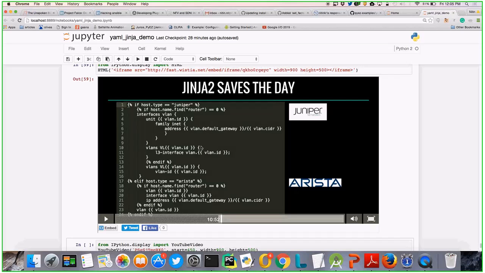So you can see here also he's using Jinja, Juniper configuration as well as Arista. And for that, he's having a condition. If host type is Juniper, then use this template. If it is Arista, then use that template. Apart from that, again, you have the same kind of thing. VLAN will be a dictionary for that. There will be ID defined. That is how the template is taking the values. So you have an if condition. I don't have any for loop here. No, we don't have. So that is how he can use any of the vendor templates in his use case.